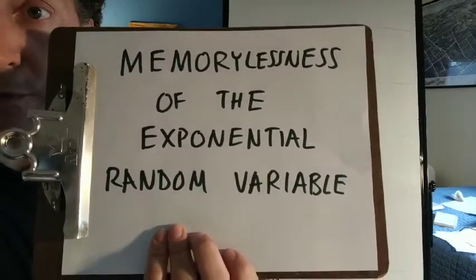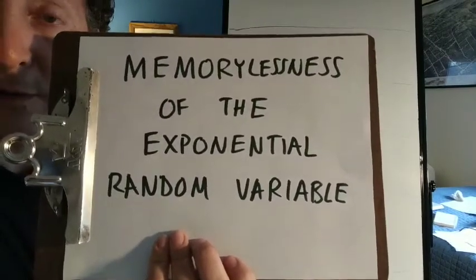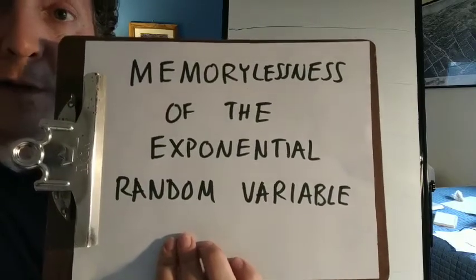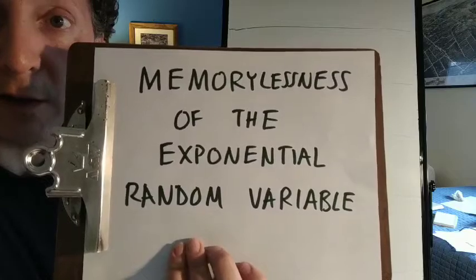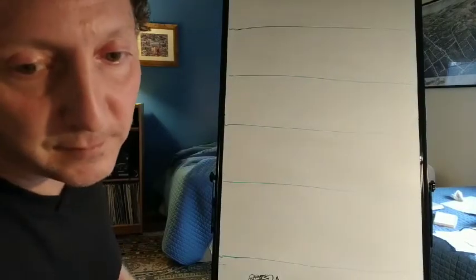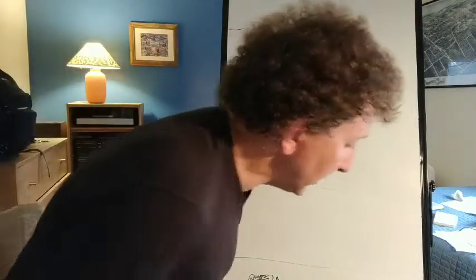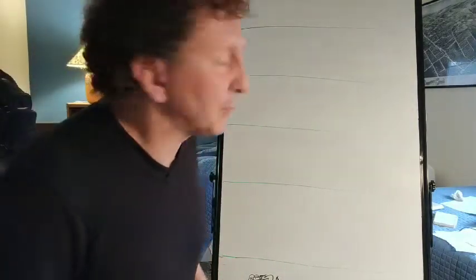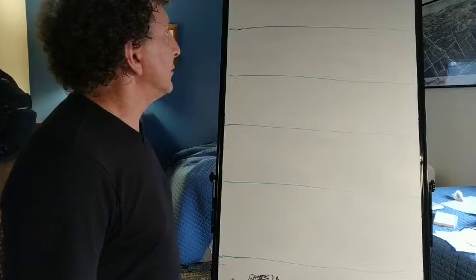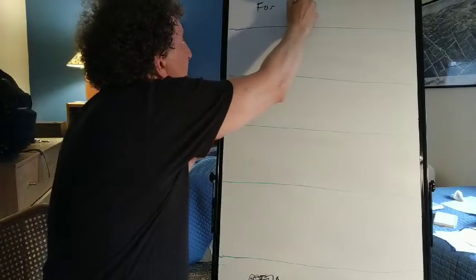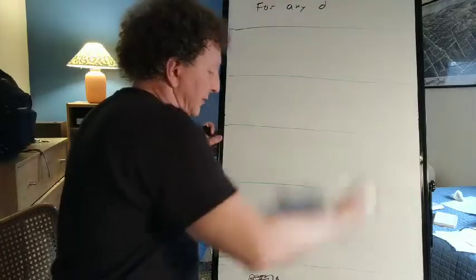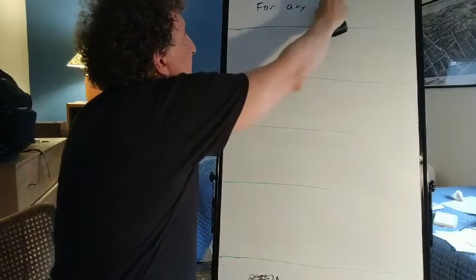Exponential random variables have a property called memorylessness, which means that our opinion about how much longer we're going to wait for an occurrence does not depend on how long we've waited so far. So first of all, let's look at this problem for a general random variable. So for any continuous random variable,